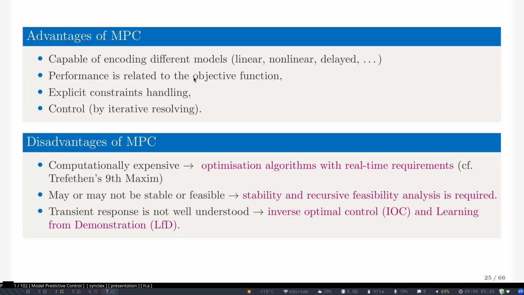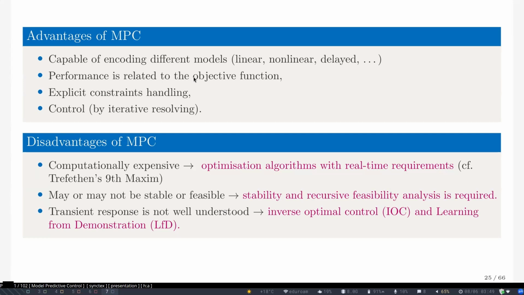The other thing is that it may or may not be stable or feasible. So you might eventually get to a point where you cannot come up with a control that satisfies the constraints. This is the notion of recursive feasibility. If you're not careful, that's dangerous. Now, for certain systems, you actually can drive your system to instability as well. And instability, from a dynamical system point of view, means the states become unbounded.